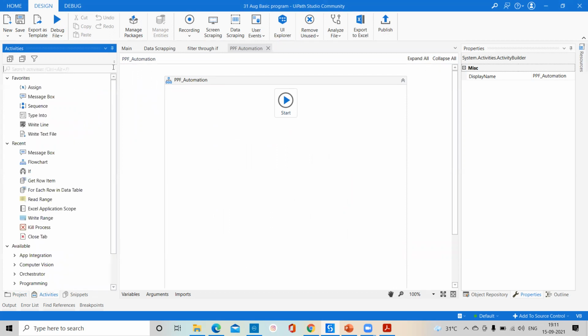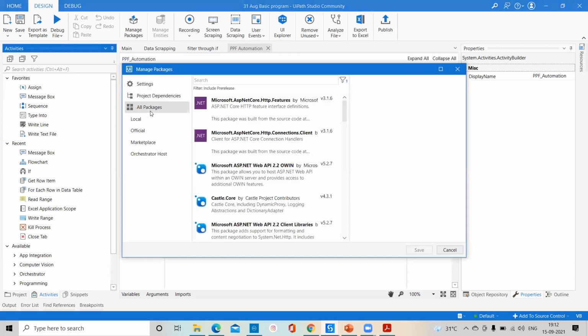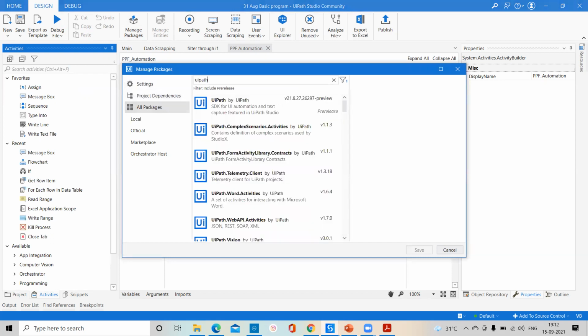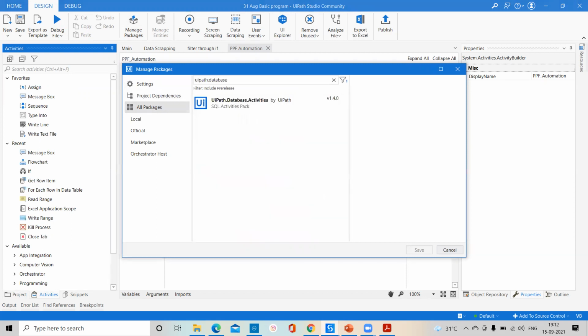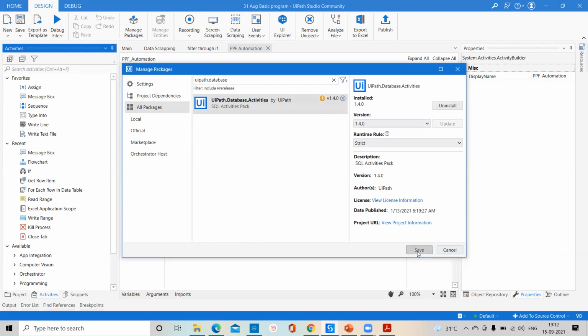So we will go to manage packages, go to all packages, and search for UiPath.Database. We will click here, install this package, and go for save.